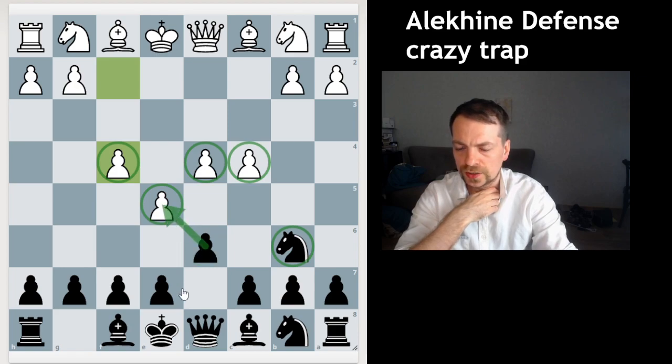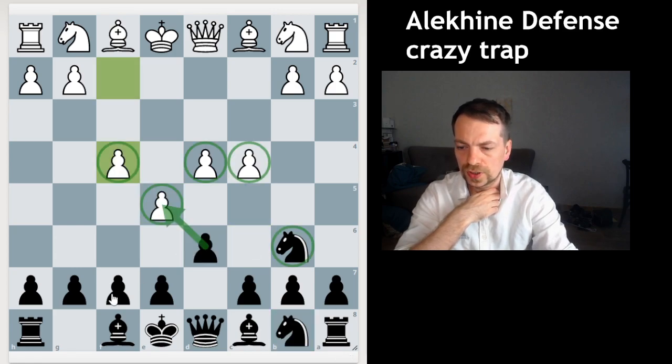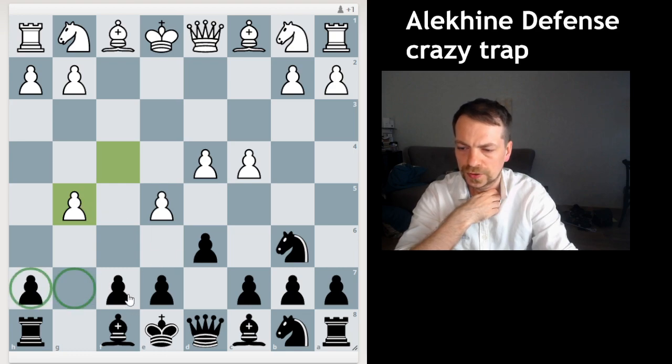And in this position, I can recommend a move which will definitely surprise your opponent. The normal way to continue is to take and play, let's say, knight to c6. But in this position, you have an excellent move, g5. This is very dangerous, but black really hopes that white will capture, winning a pawn and destroying the king side, but black will take, white will take, and